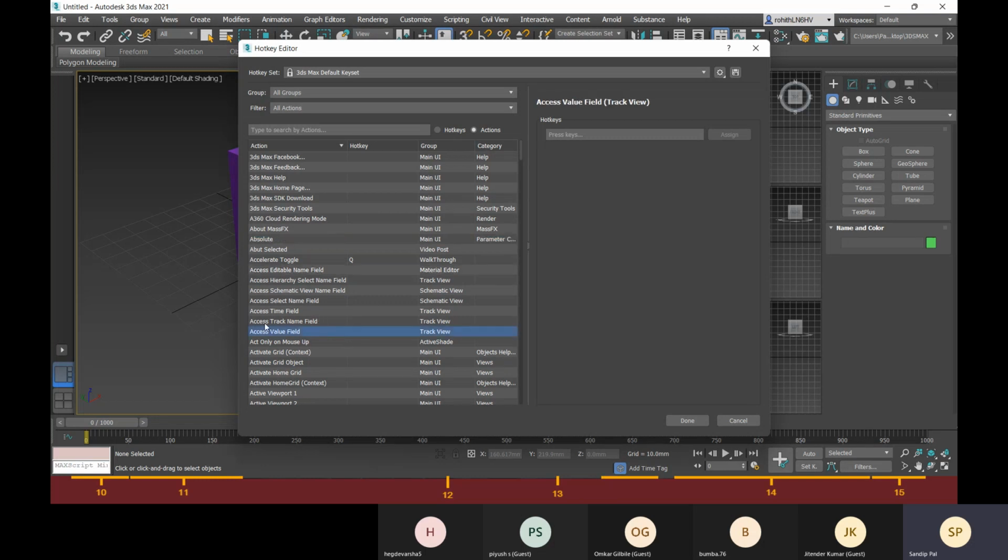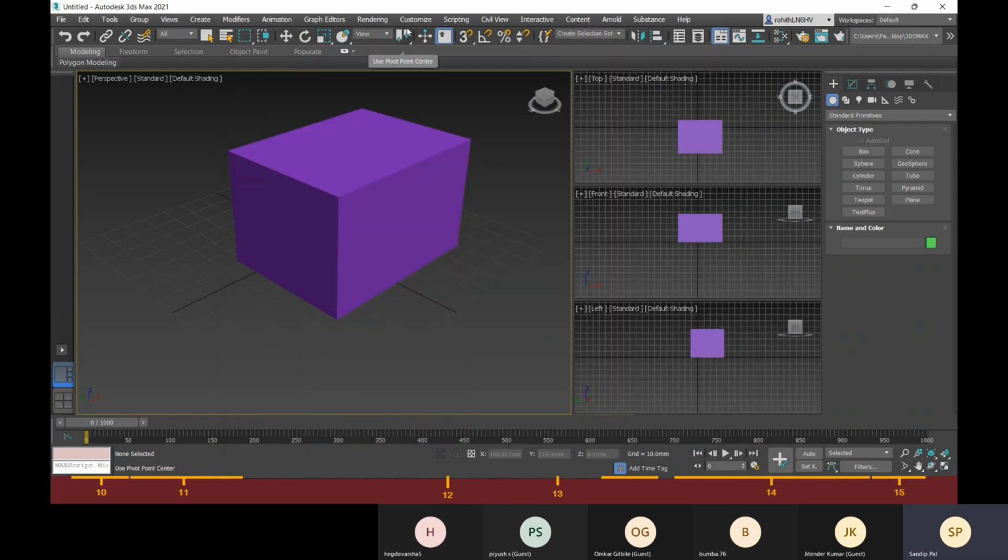If a command doesn't have a hotkey, you can select it, mention the hotkey, and click Assign. Suppose I press P, then the assign option will be activated and you can assign it. This way you can assign the hotkeys.